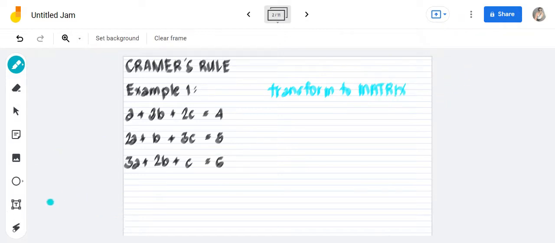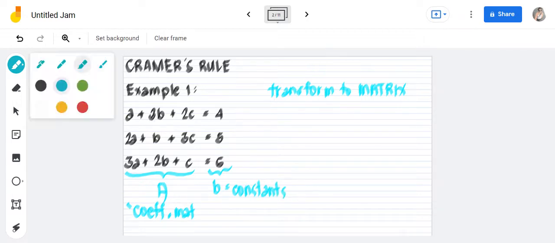So we have here the values that would represent matrix A, your coefficient matrix, and this one will be your column vector B, which represents your constants. So for our matrix, we'll have now